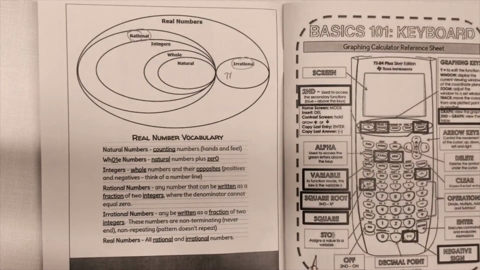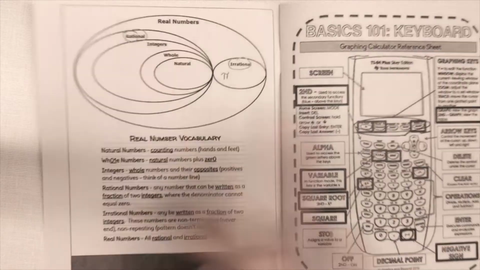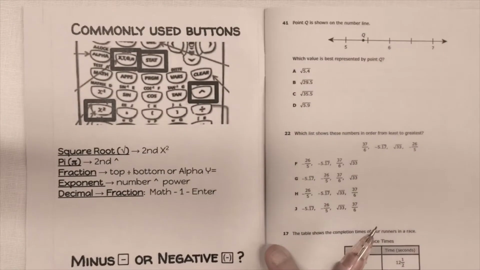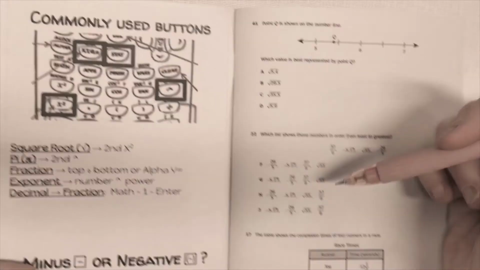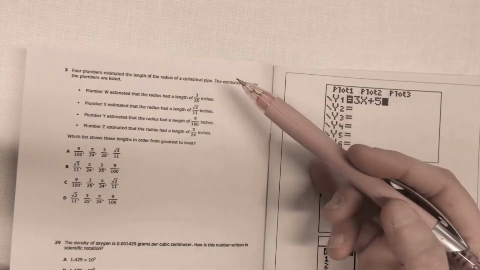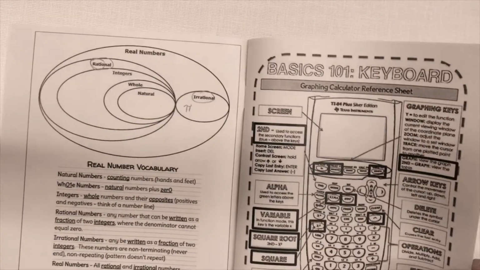Then it's irrational. Okay, so that's my understanding about what they ask you to compare with these. The rest of the stuff they're going to ask you to do is just putting numbers in order, putting people in order. There's a lot of putting stuff in order. I mean, really there is. So there's a lot of comparing and ordering numbers. And sometimes they'll ask you a question like this, but they ask you to put it